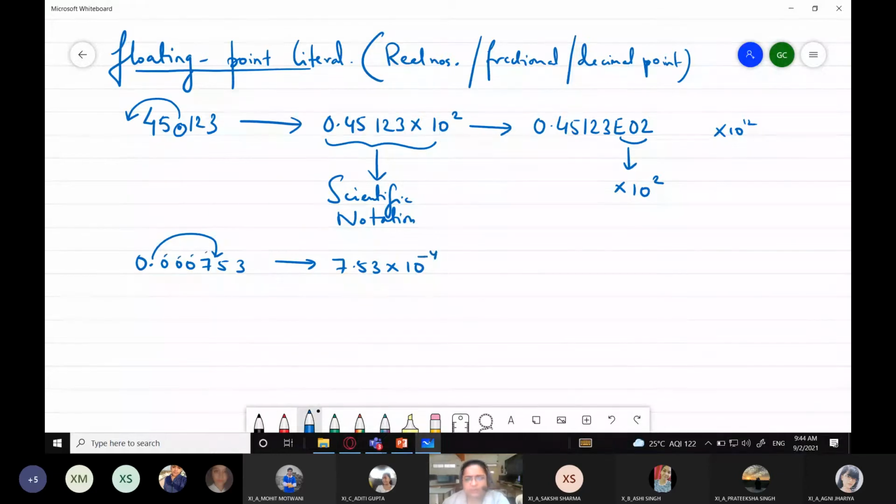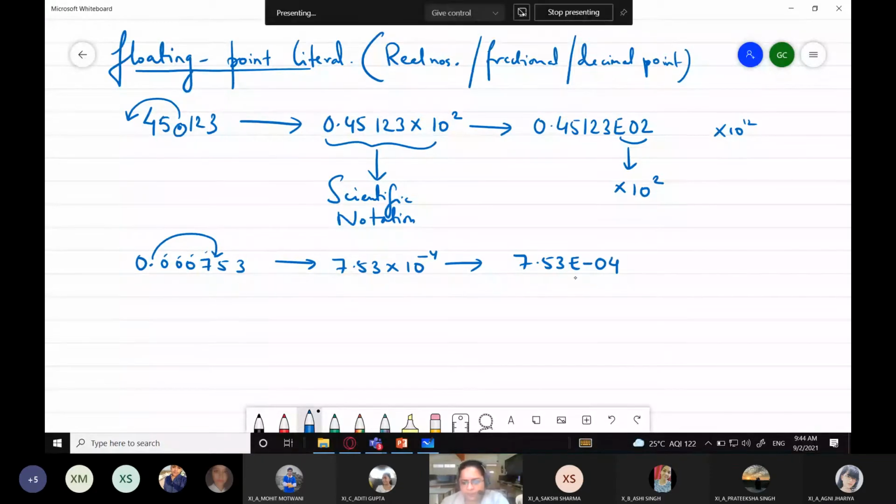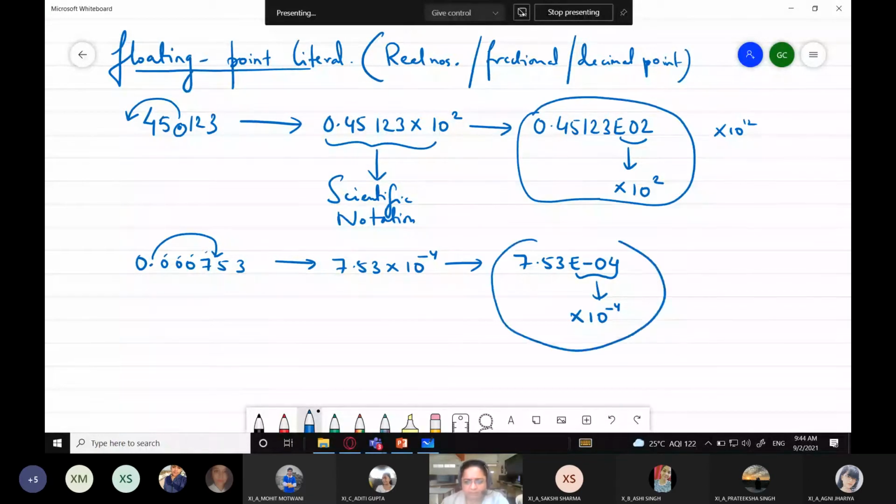So that will be 10 raised to the power minus 4, and this will be represented like this: E minus 04, which stands for into 10 raised to the power minus 4. Understood? So when you are representing such values in Python or any programming language, they are represented this way.